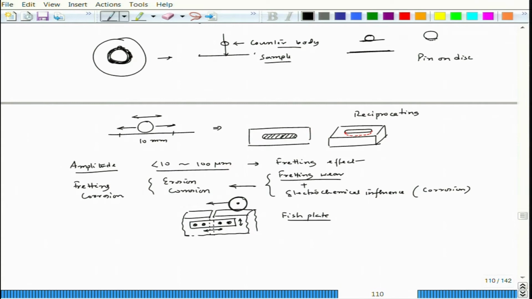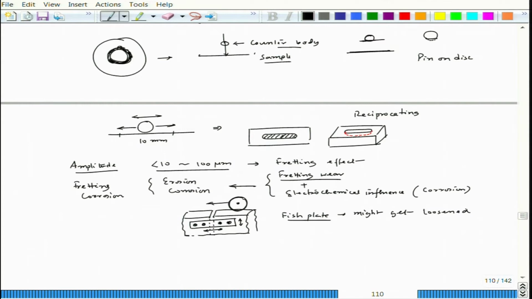So, you can have multiple degrees of this kind of small amplitude motion. For example, the rail can bend down a little before the wheel moves to the next rail, and then the next wheel bends it down. Like that, there could be a very complicated fretting motion. I have just given two simplified modes, one up and down and one side by side, but there could be a complicated fretting mode. That time this fist plate might get loosened, and in fact, it gets loosened.